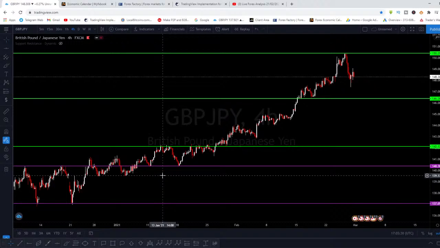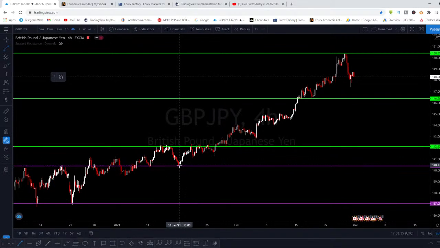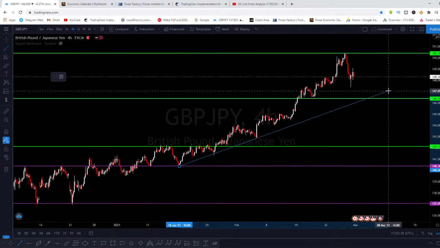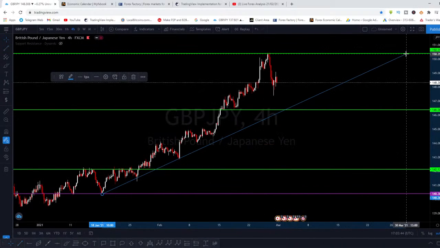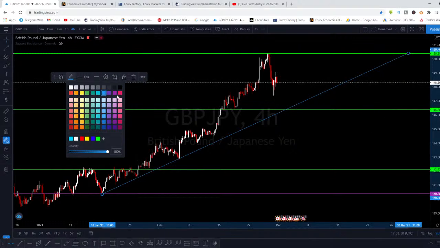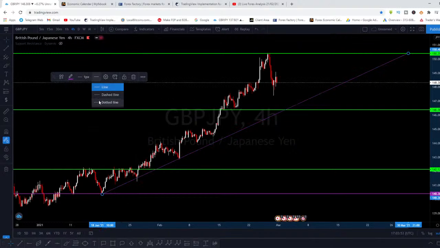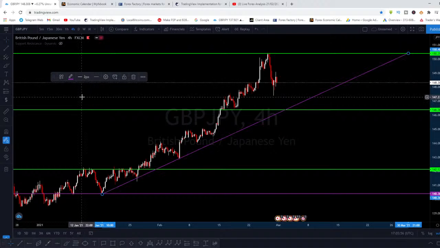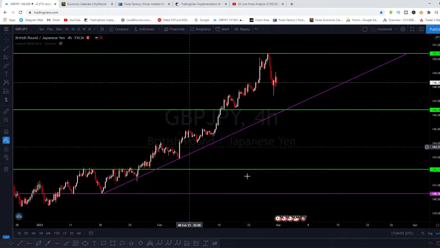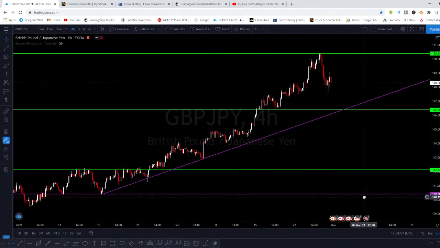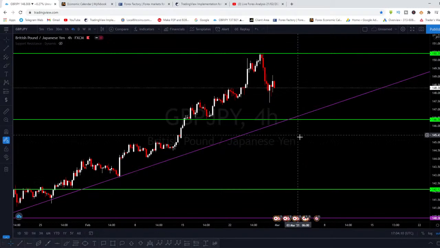The next thing I'm supposed to do is draw my trend line, right? So this will be my trend line this way, and let me extend it all the way to the upside like that. This is the 4-hour time frame. Make it like this. It's going to be 2 pixels. Now should I put it at 3? Nah, 3 is going to be way too big, man. So 2 is okay. So you see, this is my trend line now on GBP JPY, and it is the 4-hour time frame, right?